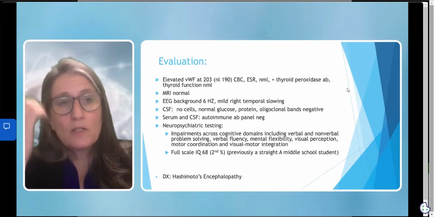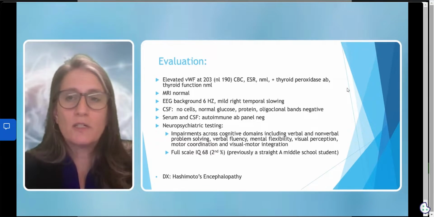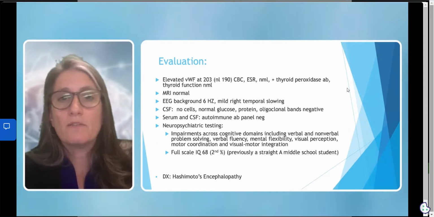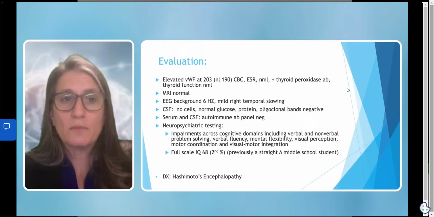His evaluation revealed a little elevation in his von Willebrand factor antigen and a positive thyroid antibody. He had a normal MRI. His EEG showed slowing, in particular right temporal lobe slowing, as well as background slowing. He had normal CSF studies